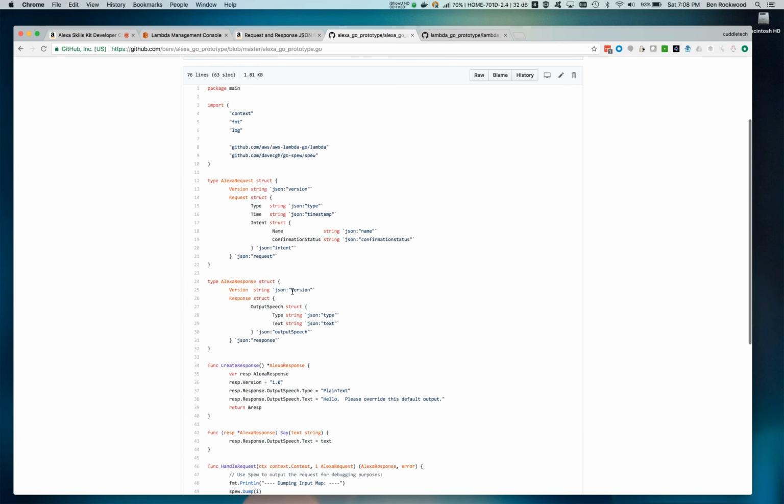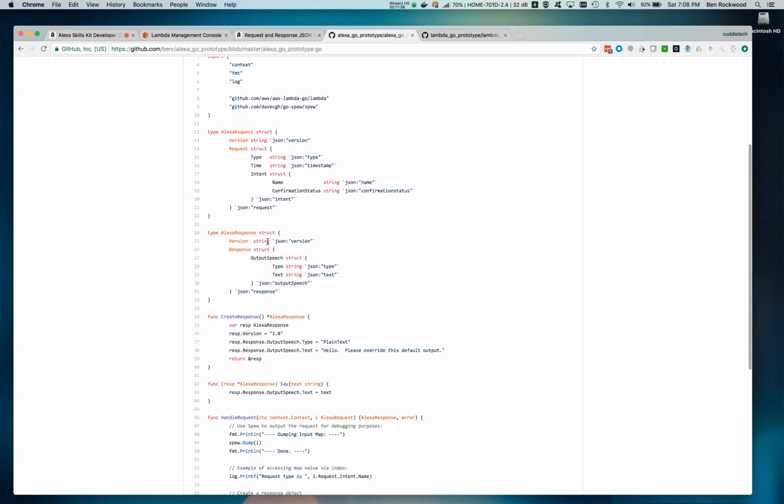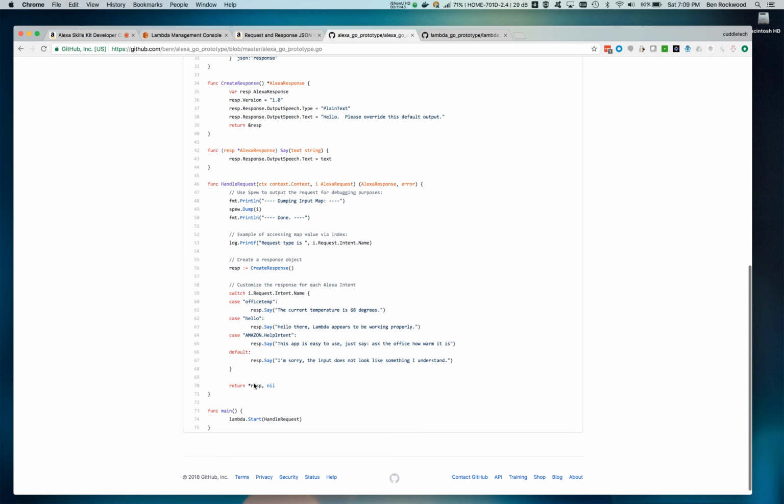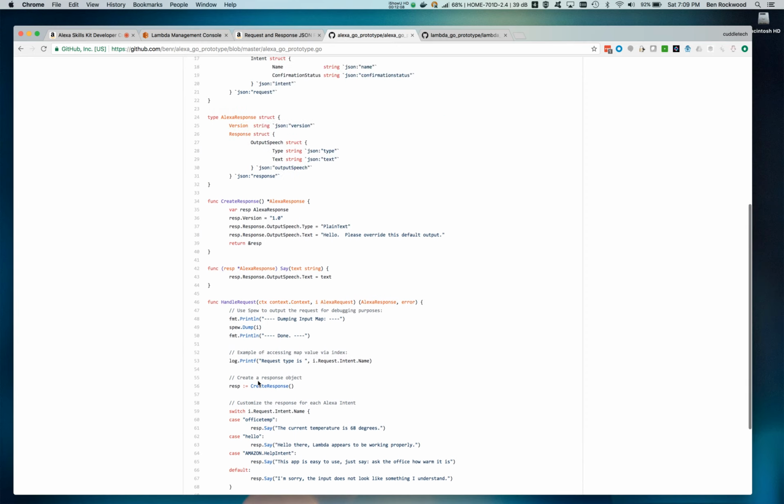The response is pretty much the inverse. So I created the relevant-looking JSON response structure with only the relevant portions again, so that I can marshal the response back in. So when I return, I can actually just return a structure, or in this case a pointer to a structure, and the library again will marshal the structure into JSON and return it. So the beautiful thing about Lambda here for Golang programmers is that you don't have to marshal and unmarshal everything explicitly. It all happens behind the scenes. You just have to know that it's happening so that you can write your code to do the